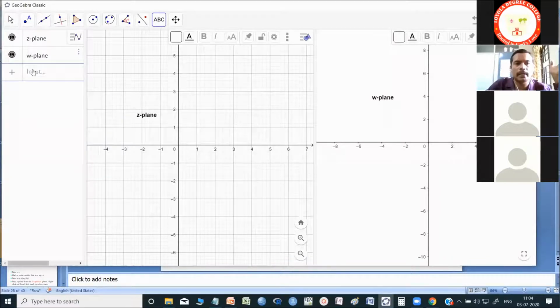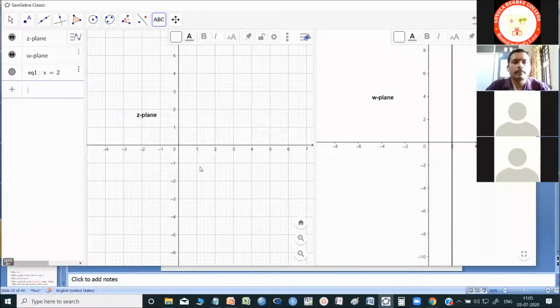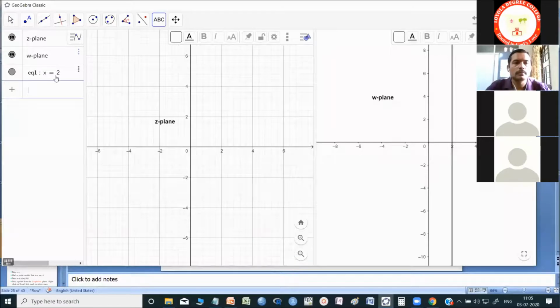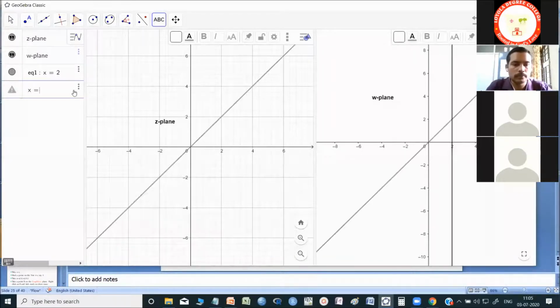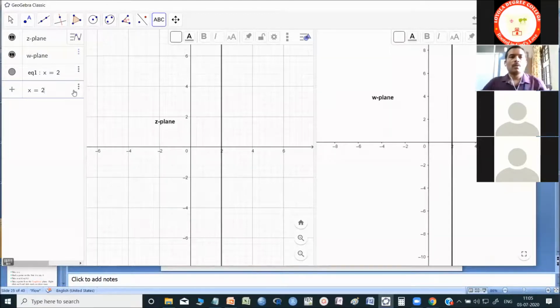Let me take a straight line. There are two ways. One is I can select the line tool, or you can write, say, x equal to 2, a straight line parallel to the y axis. X is equal to 2. Right, so this is the equation. Okay, which I don't want, it should not be on the W plane.